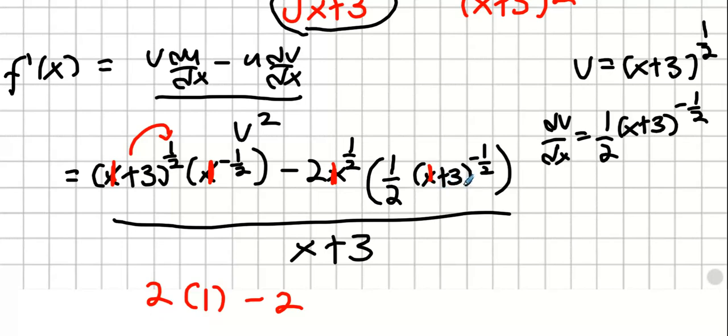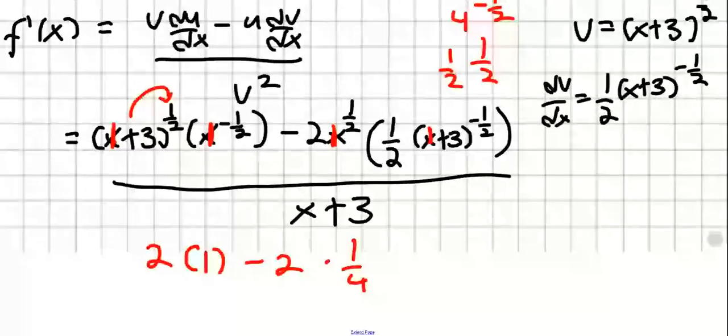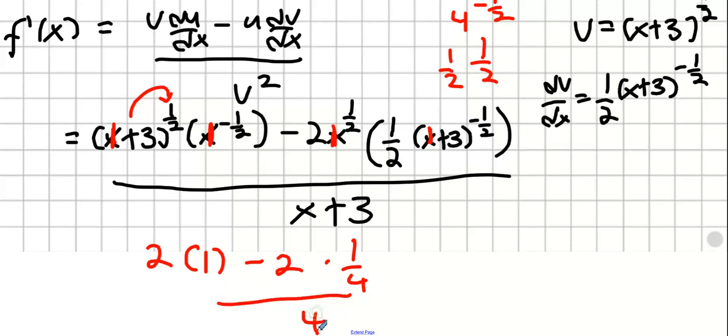1 plus 3? Well, 1 plus 3 is 4. What's 4 to the power of minus a half? It's a half. What's a half times the other half? Quarter. So it's 2 times a quarter. And then on the bottom, it's 4. So it's 2 take away a half, which is a half. A half divided by 4 is an eighth. Anybody get there? Sorry, 2 take away a half is 3 halves. 3 halves divided by 4 is 3 eighths. Who got 3 eighths? Well, hey,